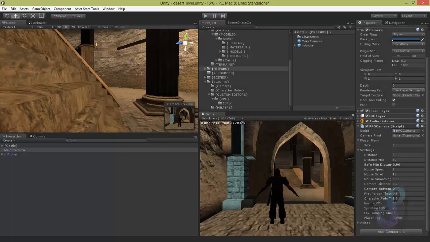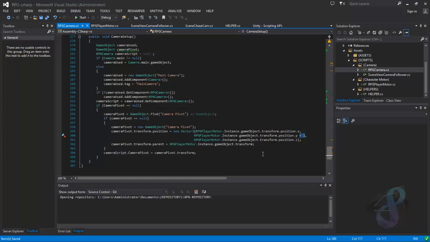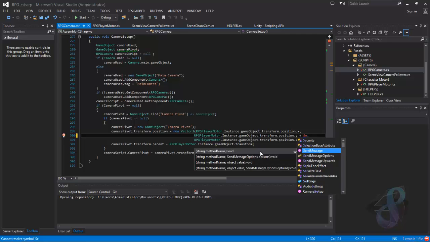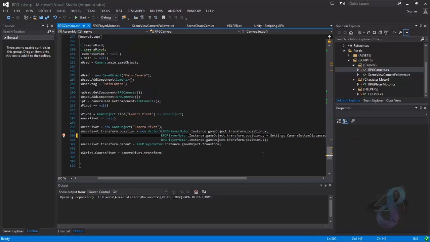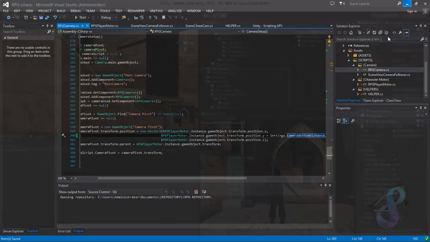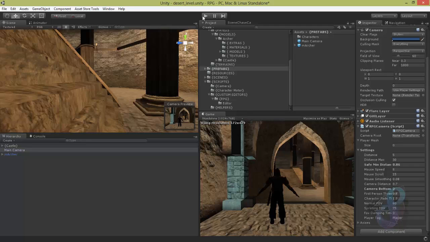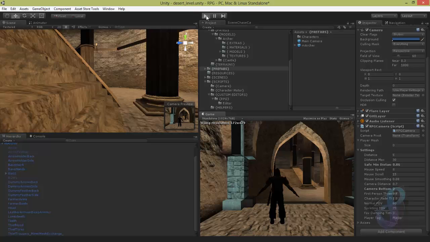So now I can use that number here and say plus settings dot camera bottom distance, and save it. And if I go back, now my target look at should be around the top of the head. Come on, compile. Will you? Thank you. So if I play,